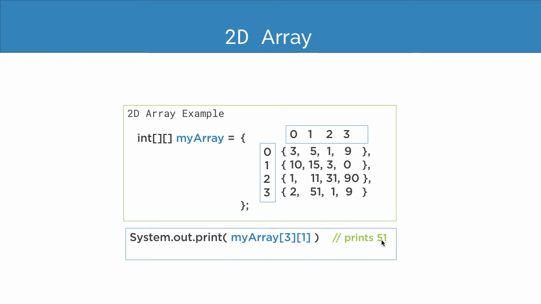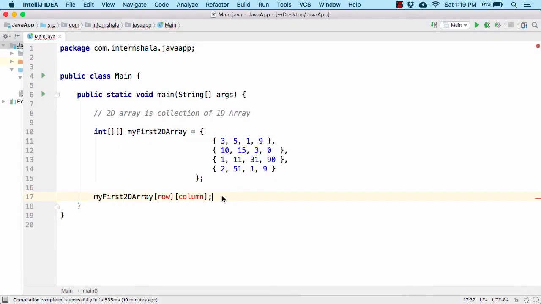Similarly, if I want to print out 9, then we have to use the print statement followed by the index of row and column. This 9 has the row index of 3 and the column index of 3. So I will use 3 and 3. This will simply print out 9. Now if you notice here, for each row I have 4 columns. So we have to iterate 4 times for the rows, and for each row we have to iterate 4 times again. We have to write our loop in such a way that it covers all the elements. For that we need to use the for loop and the counter variable, let's say,